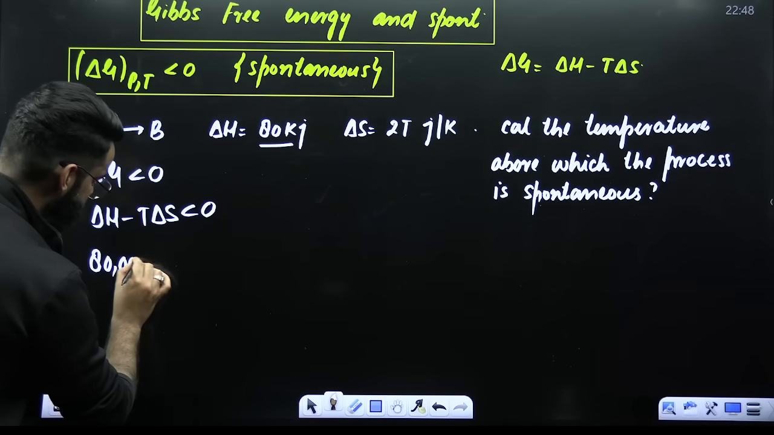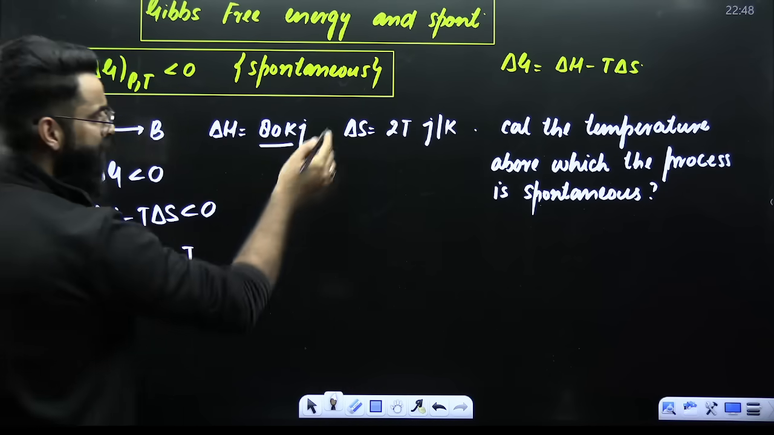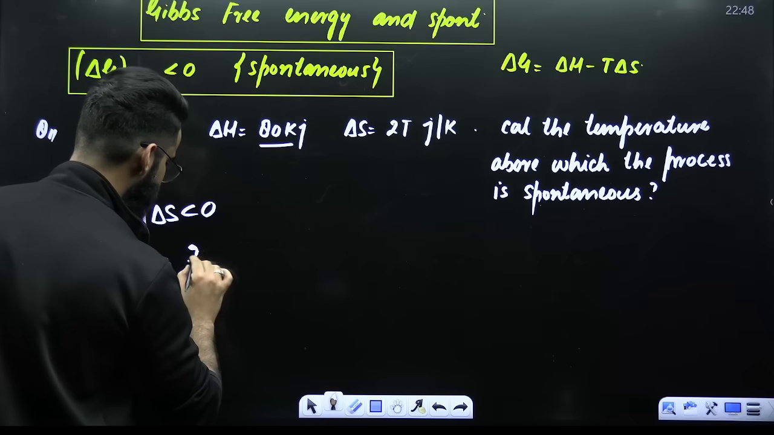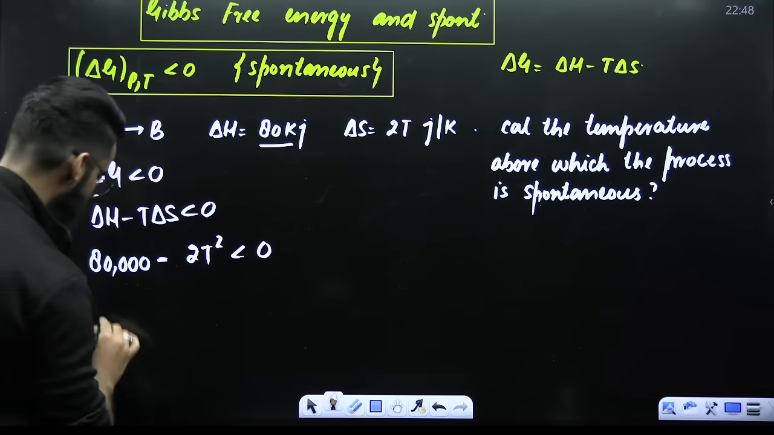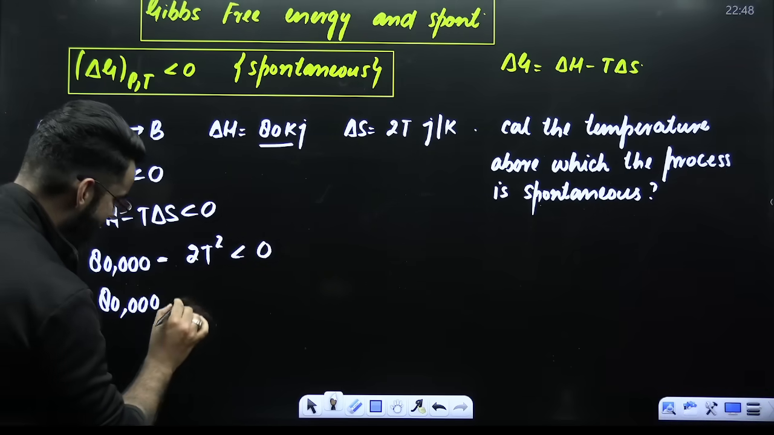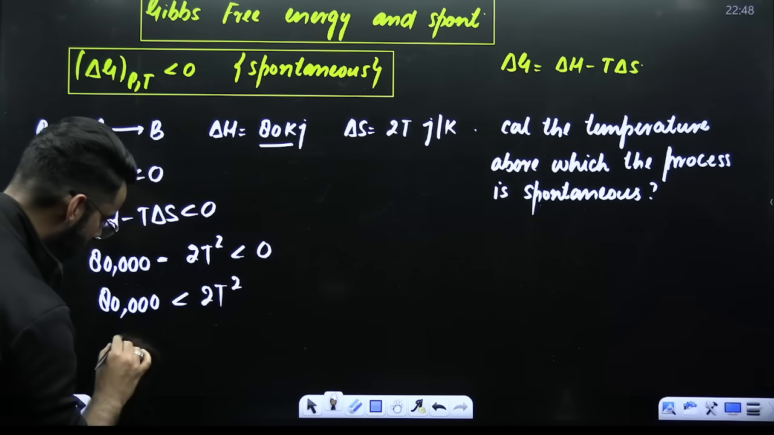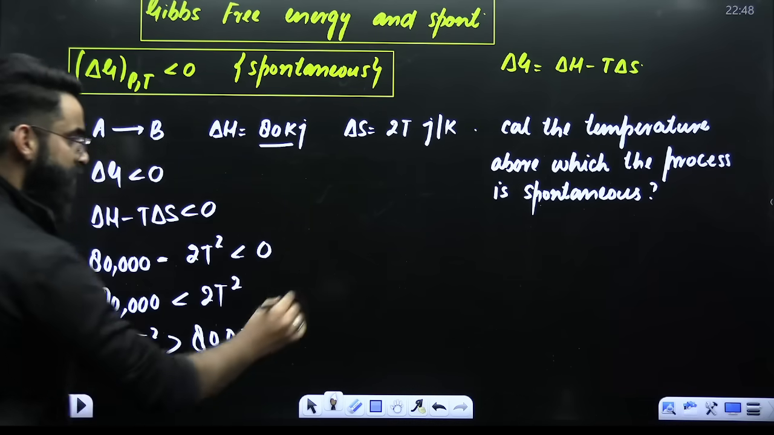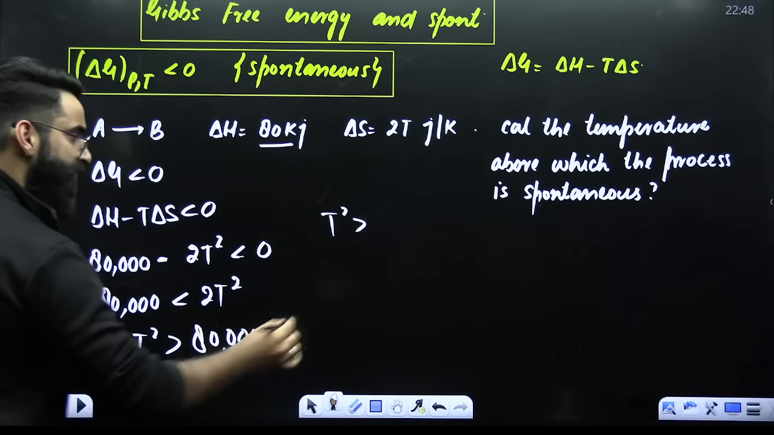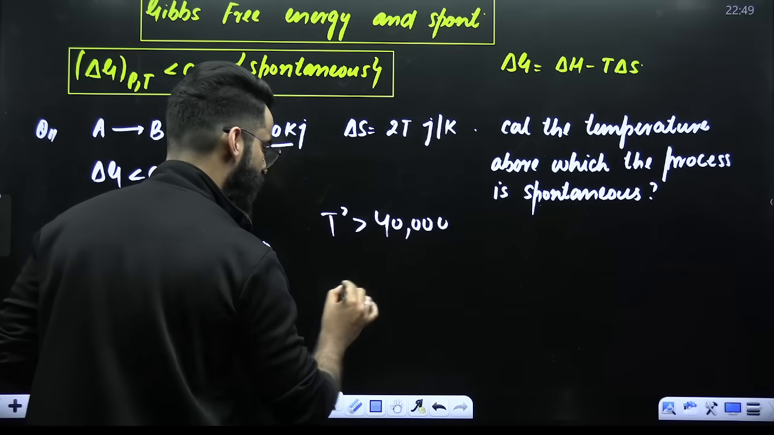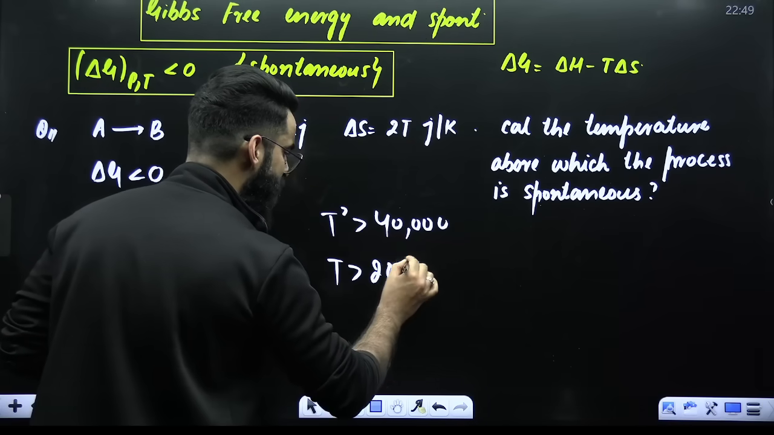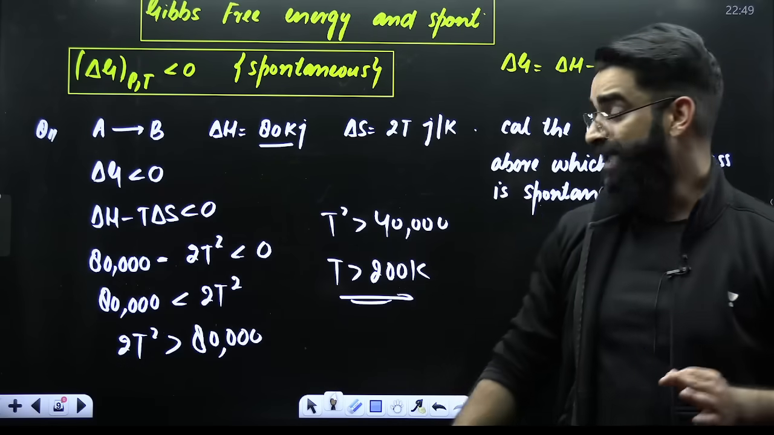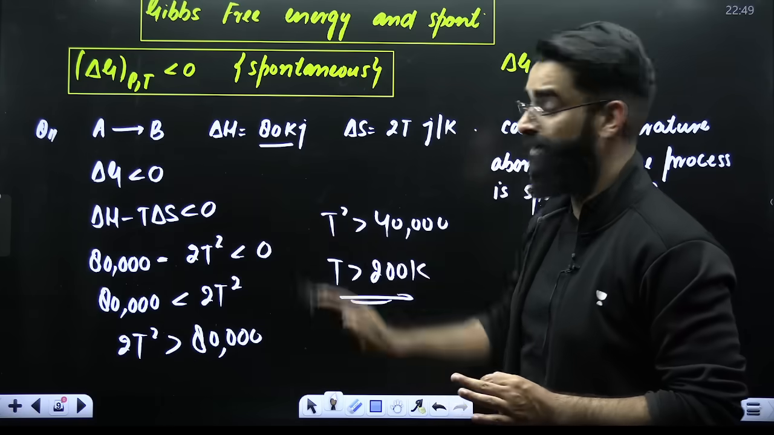That means 80,000 joules minus temperature multiplied by delta S, which is 2T, which comes out to be 2T square here simply. This has to be less than 0. So I'll say 80,000 has to be less than 2T square, or you can say 2T square is greater than 80,000 here. So my dear students, you can say T square should be greater than 40,000, and if T square is greater than 40,000, that means T has to be greater than 200 Kelvin, right? So the temperature has to be kept greater than 200 Kelvin, then only this particular process is going to be